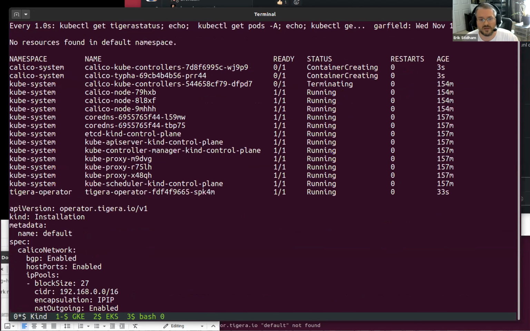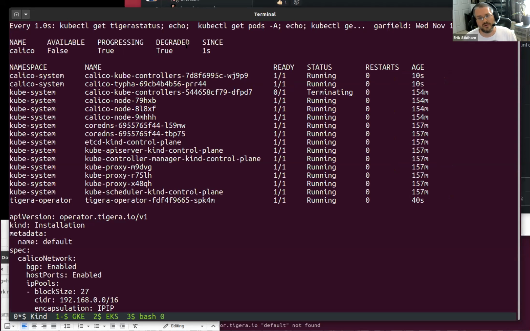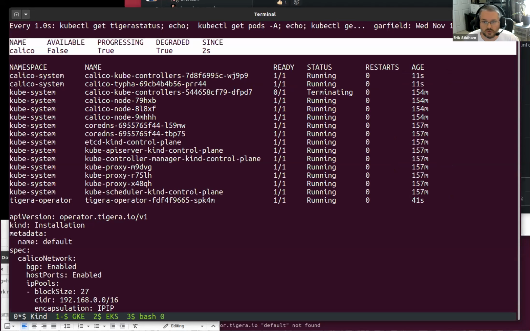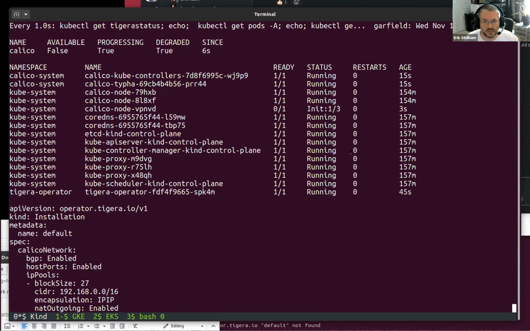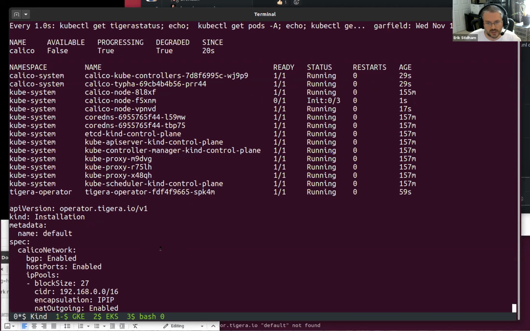So now I'm going to go back to this watch that I use. We'll see now there's a Calico, this is a Tigera resource, so this is how the operator reports back on how things are going. You can see it's launched a couple pods here, the Typha and kube-controllers in calico-system. First thing it's got to do is update the Calico nodes in kube-system. But we can go ahead and actually look here. See, can we see everything? No. Get.